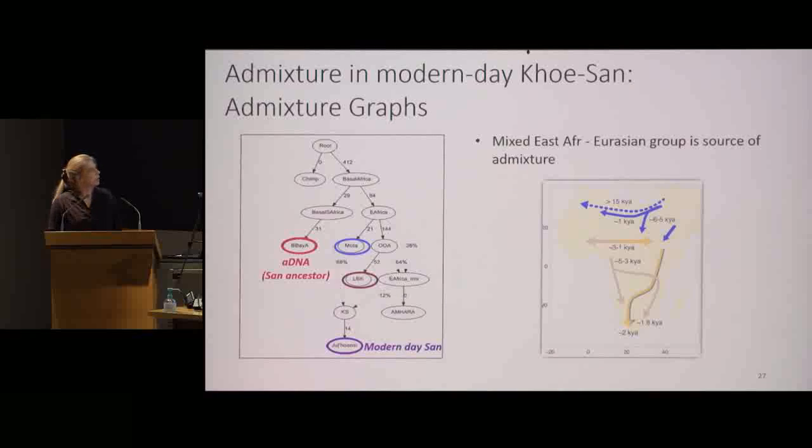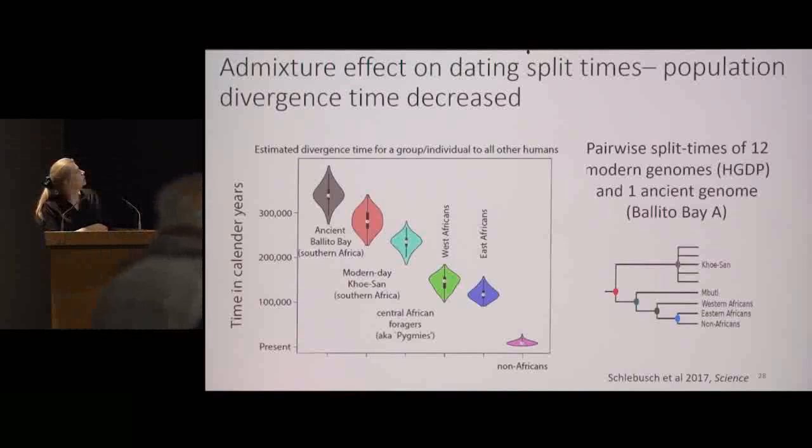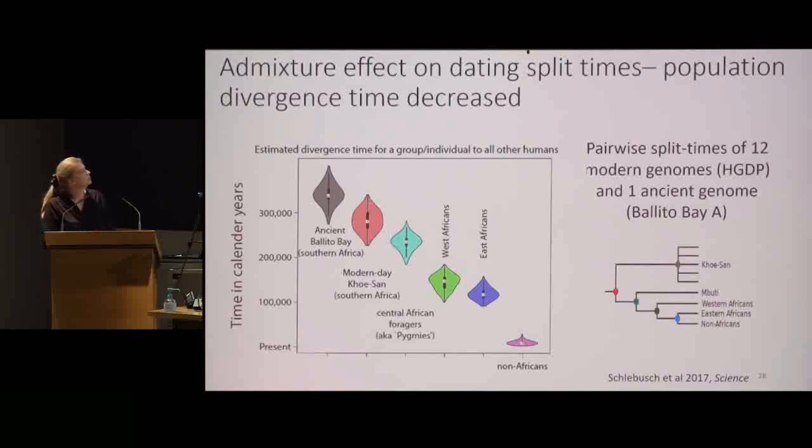So the fact that this group is a mixed group also influenced the split times when we re-estimated this first split time of Khoisan groups from other groups. Using the modern-day Khoisan group, the Ukwangwi, we have this distribution of the first split time between San and other groups. But using the ancient DNA individuals that were non-admixed compared to the modern-day DNA samples, we get a deeper split time compared to when using the modern-day group. So then in this study, we